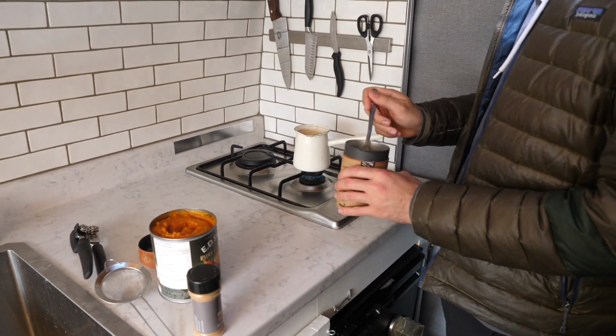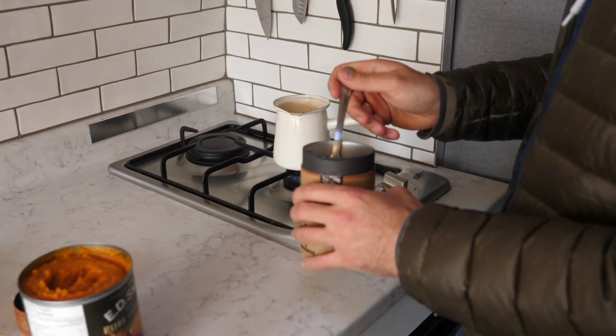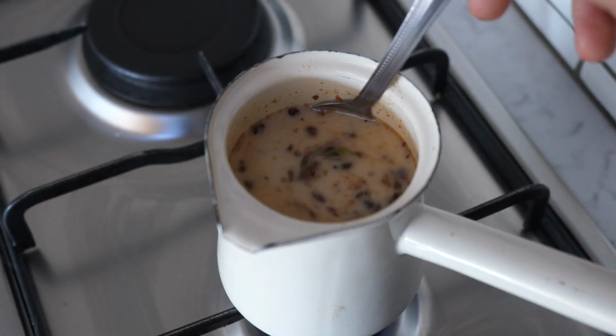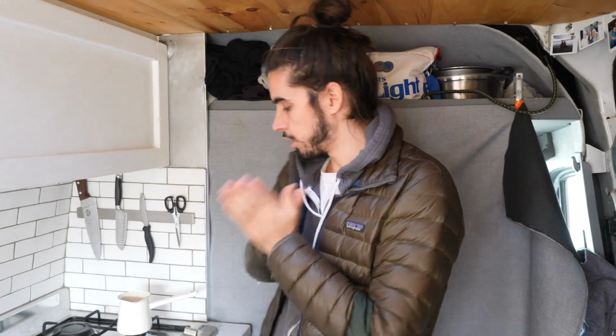I am now just doing like I did the original chai, tablespoon, boop, boop, boop, boop, boop. Now, it's important to remember, guys, I'm showing you how to make a single serve latte. If you want a double, triple, quadruple, sextuplet this recipe, all you do is make a larger pot: 6 things of milk, 6 scoops of chai, 6 things of pumpkin puree, 6 shakes of cinnamon, etc. So just like the original chai latte, exact same process. Let that ride for another minute or 2, give it a swirl, 1 or 2 more minutes, check the temperature,